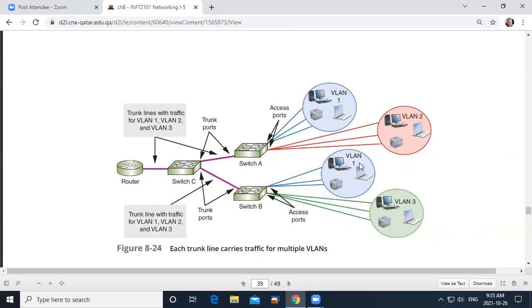Now, the important thing is these guys here in the blue, they're on a different switch, right? But they're still part of the same VLAN as these guys here. Though these guys are on switch B and these guys on switch A, as far as they're concerned, they're on the same network. They might be sitting in the same room with these guys here who are on VLAN 2, but they don't have access to the same servers. You know what I mean? They're not having the same experience as the guys in VLAN 1, but these guys are.